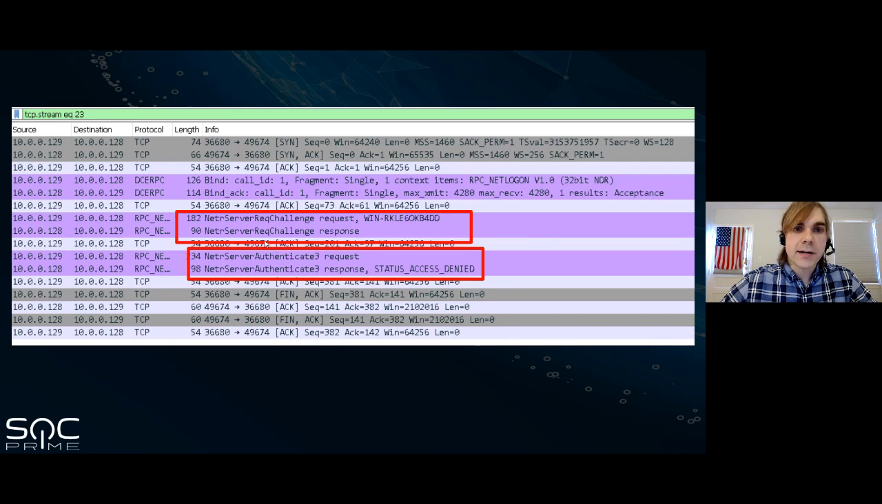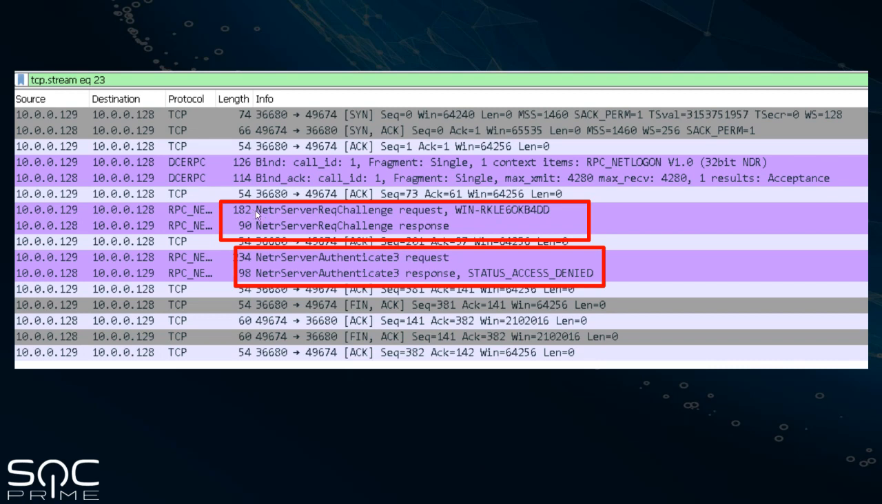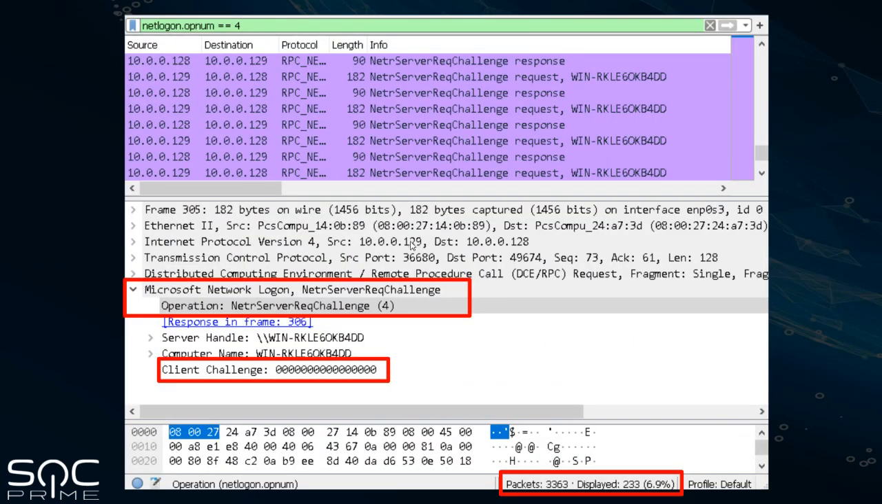So you can see in Wireshark, if you just look at the PCAP, that there's a bunch of NetLogon TCP streams. So I just picked one here at random and took a look at it, and you can see that there are these NetrServerReqChallenge requests, and NetrServerAuthenticate requests being sent to a host, 10.0.0.129. So if we take a look further at this, we can see that